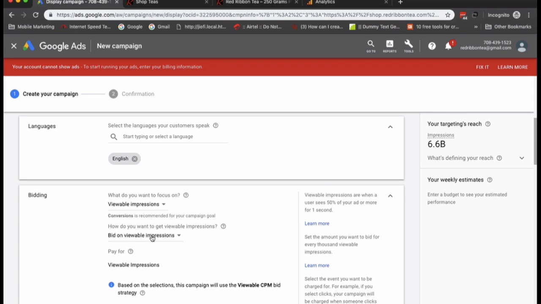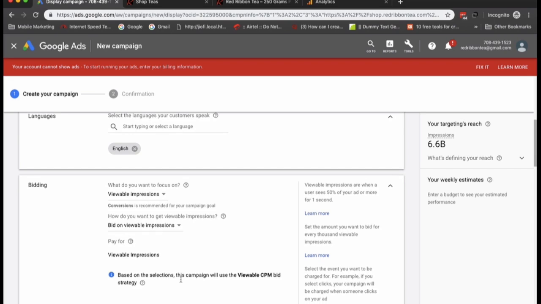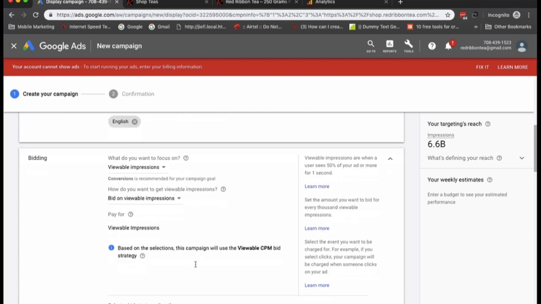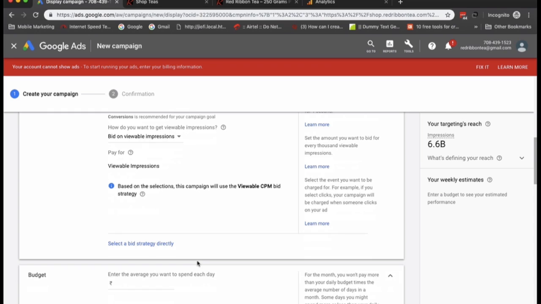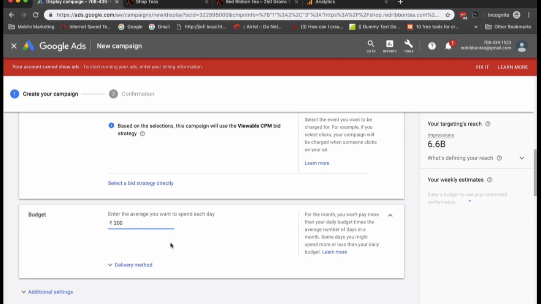So as you can see on the rightmost pane, I will be able to see the amount of impressions for my bidding strategy which I had applied. So I will go ahead with the viewable impressions bidding strategy and work on my campaign from here. So I'm going to define again the daily budget. In this case, let me have a daily budget of 200,